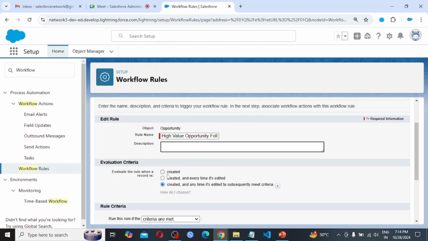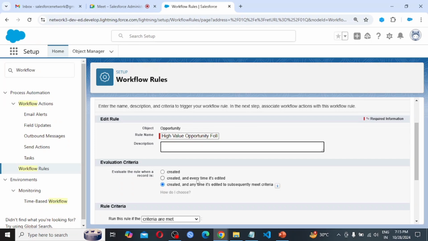So the first evaluation criteria is going to work only when the record is getting created for the first time, and the next one is going to execute when it is created and whenever it is meeting the criteria.